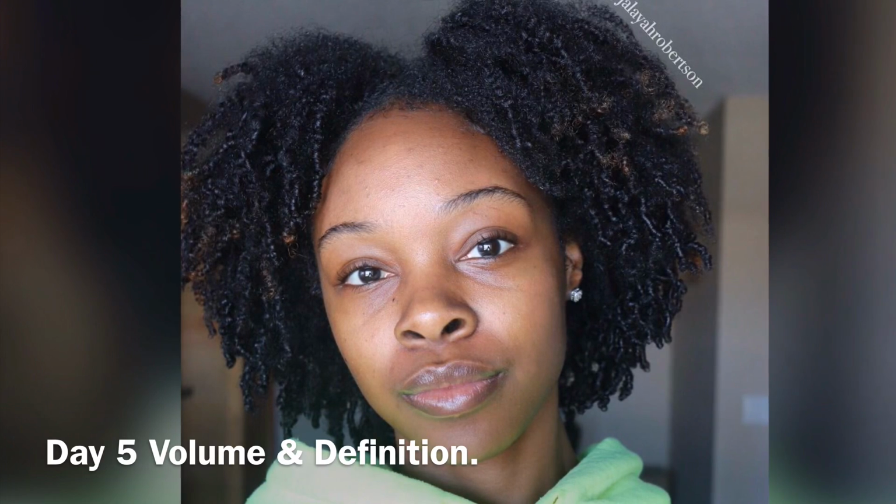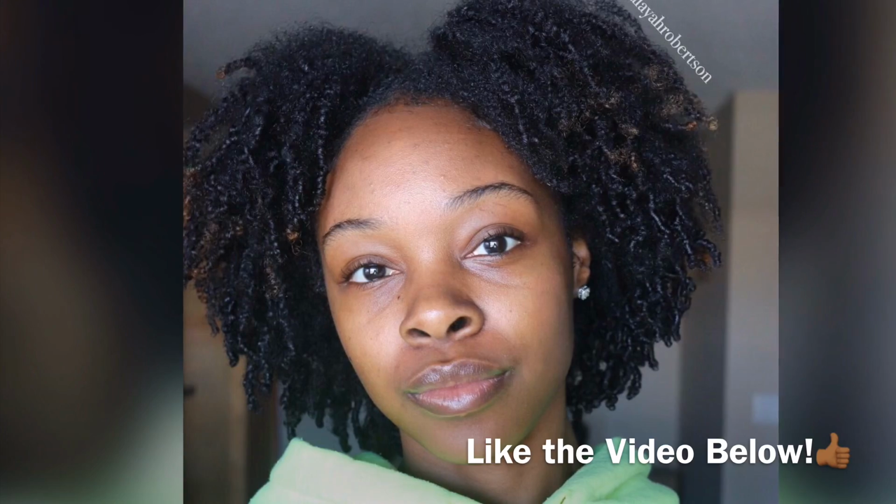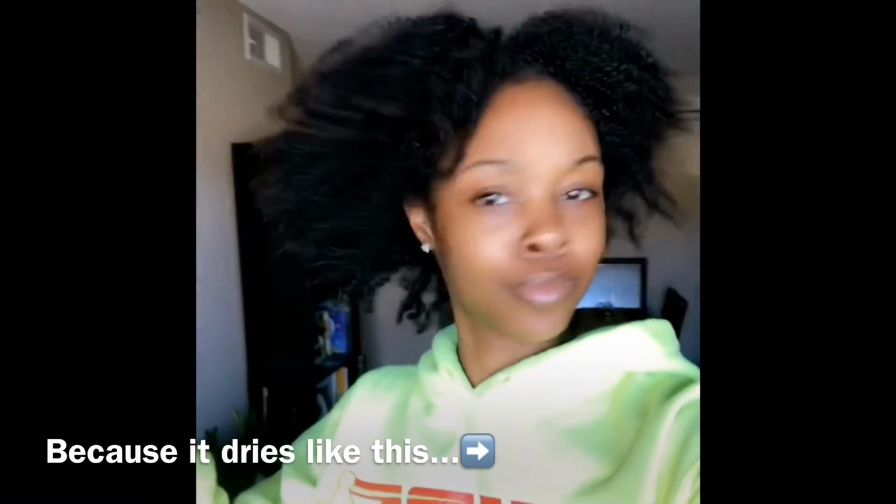Coils still pretty much intact. My hair stayed soft and moisturized. It didn't feel dry from not using a leave-in. But that's pretty much it. I stretched my hair. If you want to know how I did that,